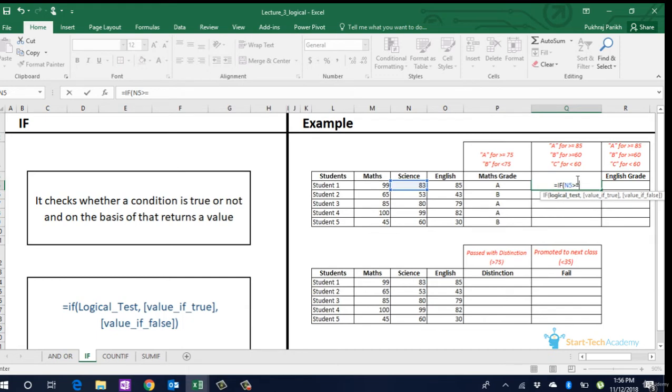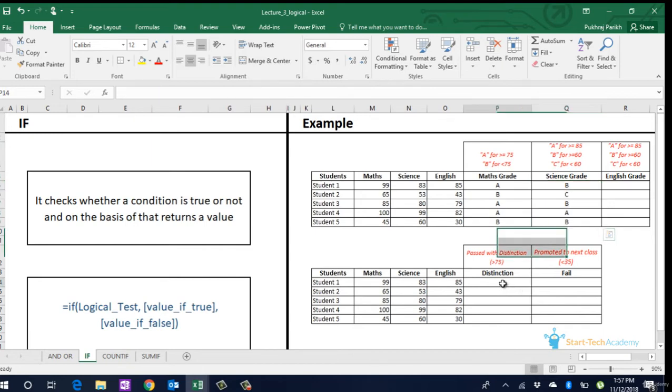If false, our second if, which is the nested if, will check if it is less than 60 or not. If it is less than 60, then grade C, else grade B. We can further have more ifs if we want to have more checks, such as to introduce grade D, we can further have another check of 40 marks. Try to do that yourself.